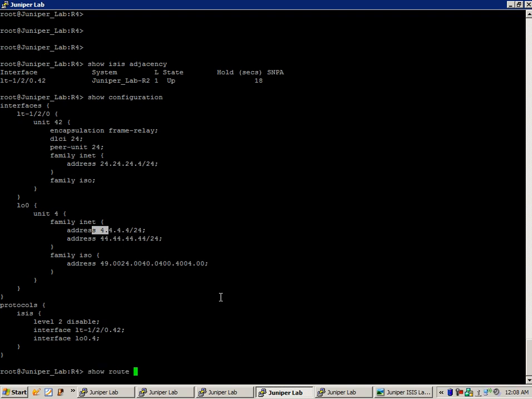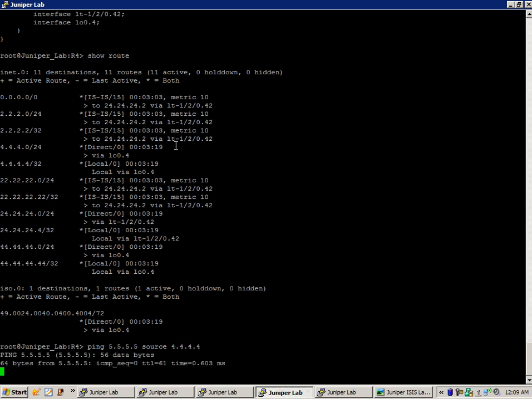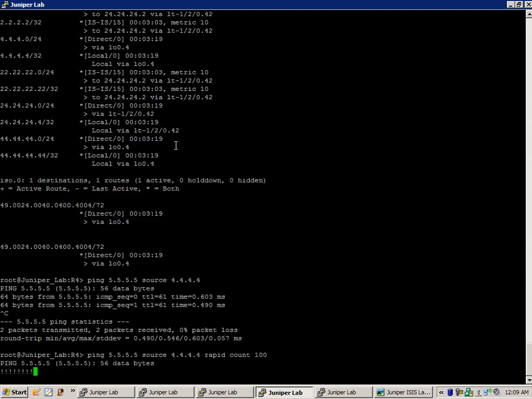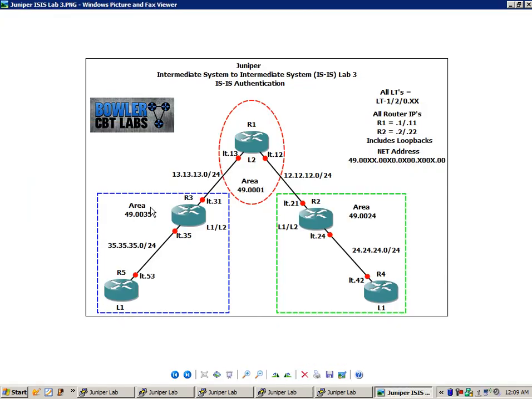If we do a show route on R4, you see that we have the default route. So if we try to ping the 5 network and source that from our 4 network, we see that we have reachability. And so end to end throughout our network diagram from R4 to R5 we have reachability. Just wanted to show you that real quick. We're going to go back to router 1,